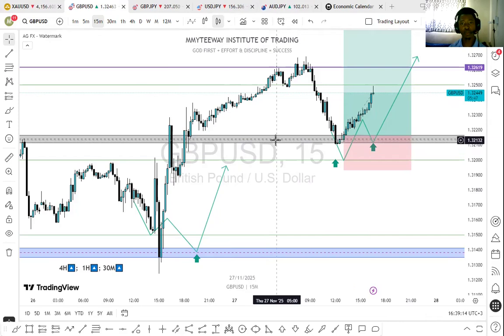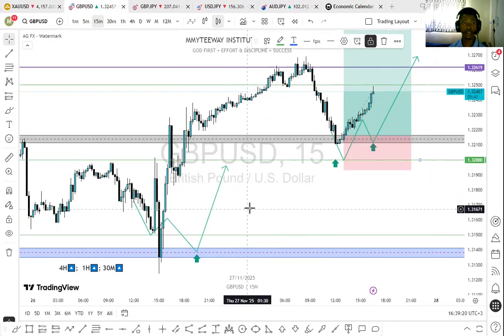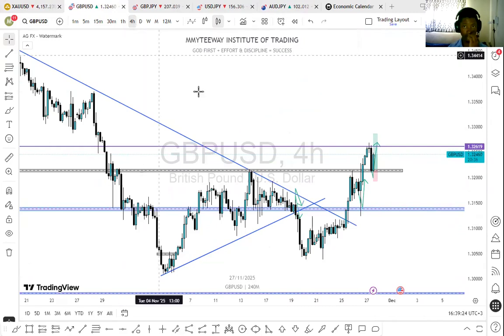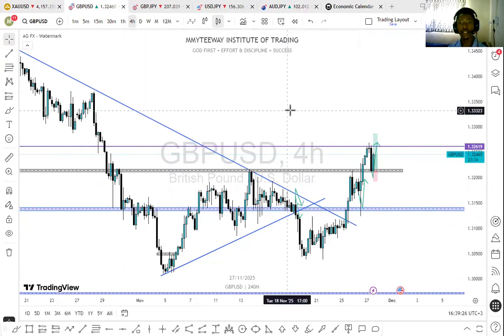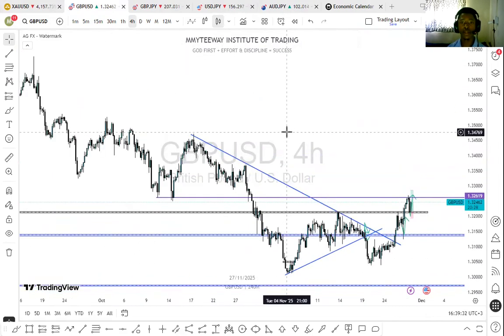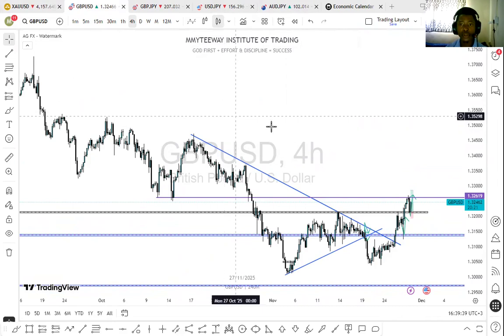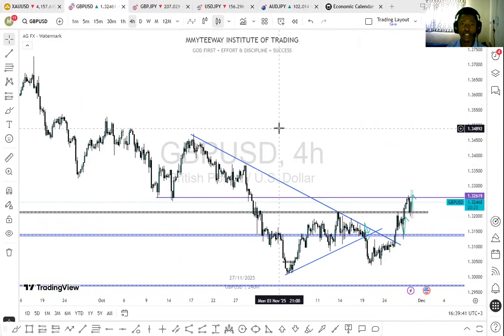If it was not going to pull back on this level, it was going to pull back on the psychological level, which is 1.32 thousand, right? So if we analyze this chart here, we can see that it was going in a downtrend, right? Gold and GBP, yes, they are giving me trend reversal vibes. So it was going in a downtrend, but